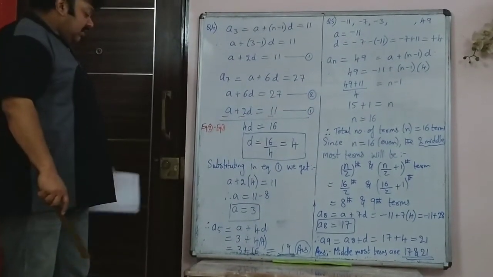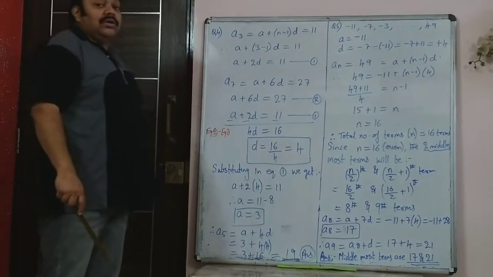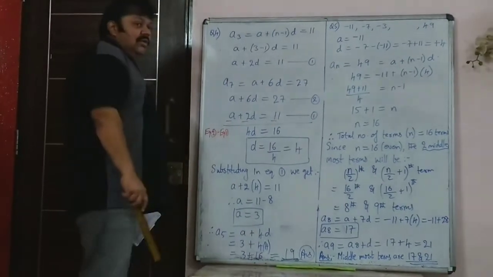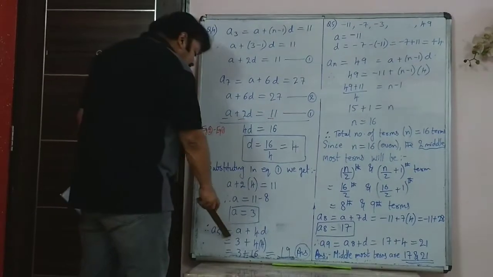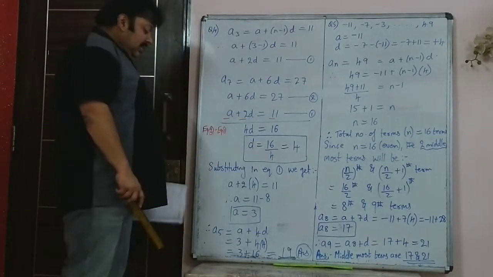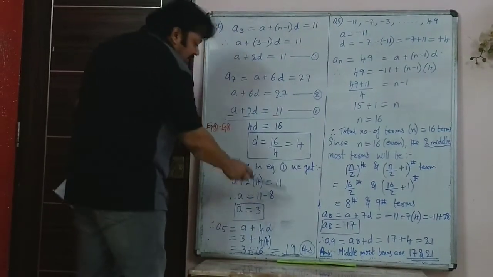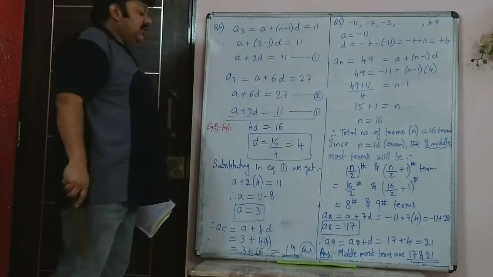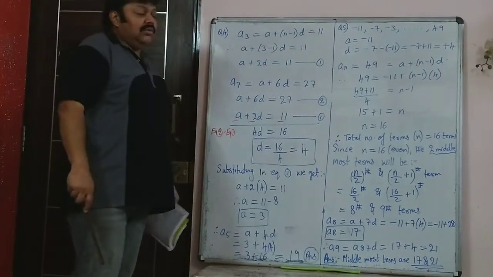So from that, we have to find what is A5. They have asked you what is the fifth term. So using the general formula, An is equal to a plus (n minus 1)d, you will get A5 is a plus 4d. So a is 3, which you have just found, and 4 into d is 4. So 3 plus 16, that is 19. So the fifth term of the AP is 19.